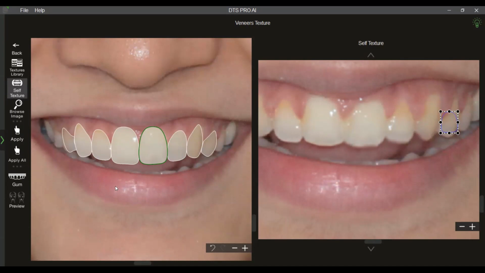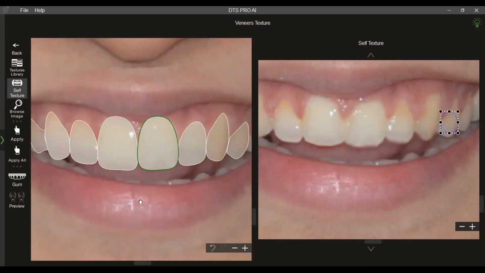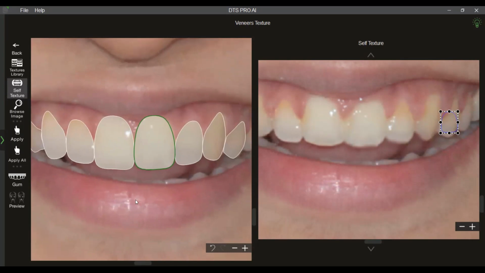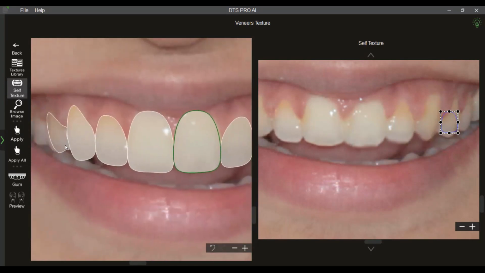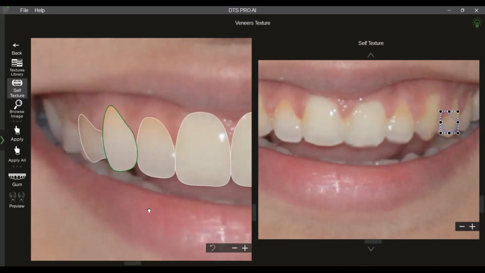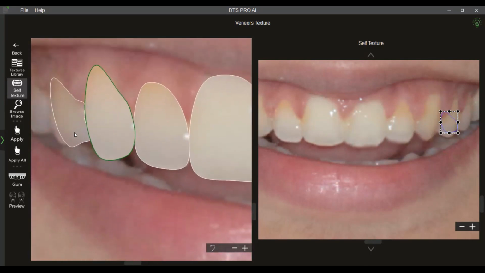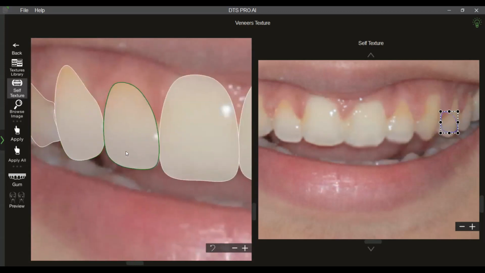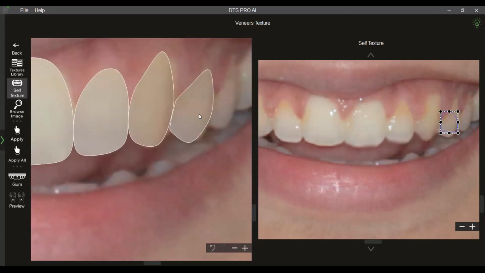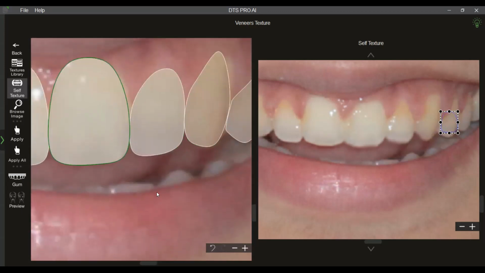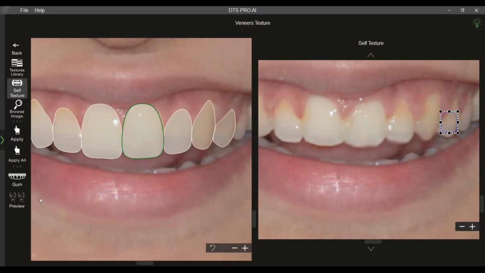Digital planning also gives us a lot of idea about the embrasures, the contacts, the amount of tooth reduction that may be needed clinically. So this is very important when you are planning the case even before starting it, right? So if you see, once I click on the veneer, that margin comes up. So in order to take it down, I will start clicking from the distal 1, 2, 3, 4 and stop at the midline. Same on the other side, 1, 2, 3, 4, so that the margins are hidden properly.